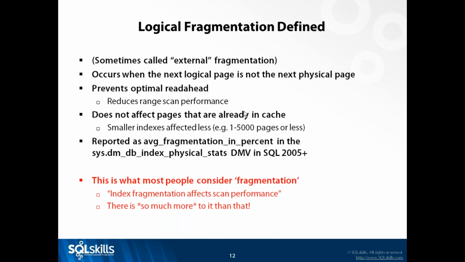Now here you'll see it does not affect pages that are already in cache. So if your index is memory resident, then it doesn't matter what kind of fragmentation you've got because the index is already in memory. And so any one of the threads that's doing the scan that asks for a page, the page is always going to be there. And also, if you have small indexes that maybe aren't memory resident, the effect of having not so good read ahead is not going to be so noticeable most of the time. I'm not going to say never because there's no never in SQL Server. And by smaller indexes, I mean 1,000 pages, maybe up to 5,000 pages, depending on which version of SQL Server you're on and how fast your hardware is.